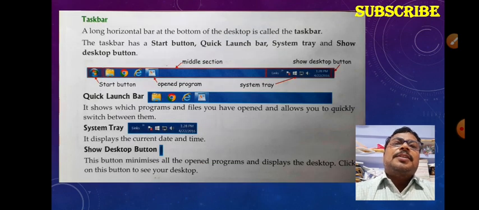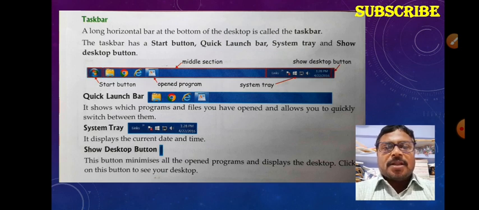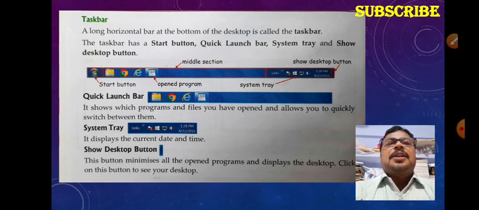Now we go for the taskbar. What do we mean by the taskbar? In Windows, at the bottom section you see one horizontal panel, that is known as the taskbar. That horizontal bar contains the start button on the leftmost side, after that the quick launch area, and on the rightmost side the clock. The time is shown there, along with whether the internet network is connected or not, and the volume speaker. The rightmost side has the clock, which is available in the system tray. And lastly, the last command is the show desktop button.